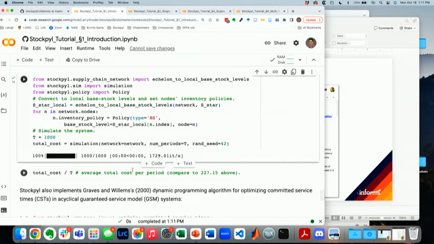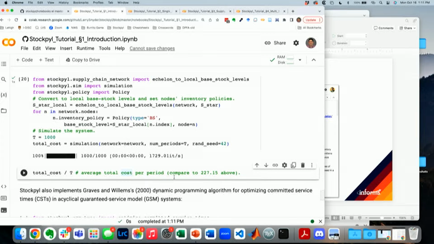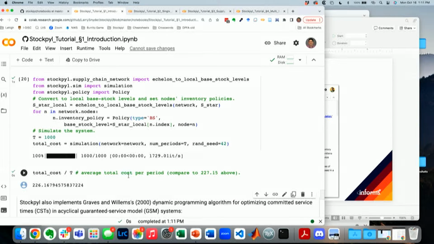And it's done. And then, for example, I can get the total average cost per period, 226. All right, but the simulation can give you much more detailed output. It can give you period by period, what are all the state variables and so on. All right, but as I said, I like to use simulation as a way to double check optimization that